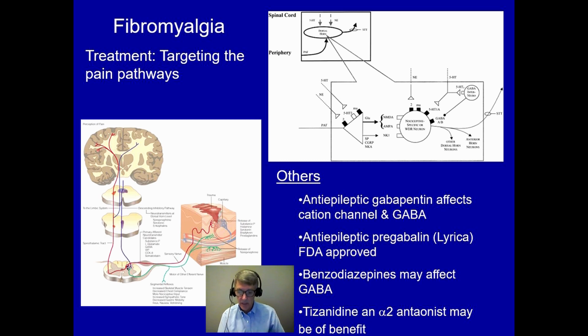There are some uncontrolled studies showing the benefit of ketamine IV in the treatment of chronic pain. However, they are uncontrolled. There's not any data really to support its use. Dextromethorphan, or cough syrup, can affect NMDA. And it's interesting, this has been proposed as a treatment for many years. I looked at clinicaltrials.gov recently, and I see that there are currently some studies in the use of dextromethorphan to treat fibromyalgia. Other things that have been looked at: